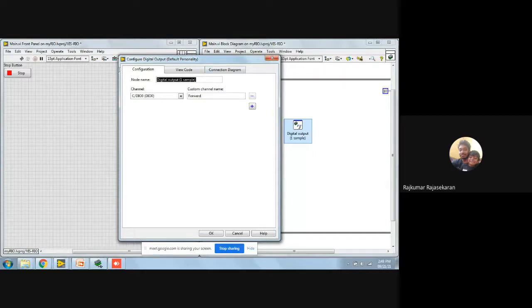You can say this is motor control, motor and direction maybe. And you can add one more thing, it automatically asks the next. DIO 0 and DIO 1 for forward and reverse.